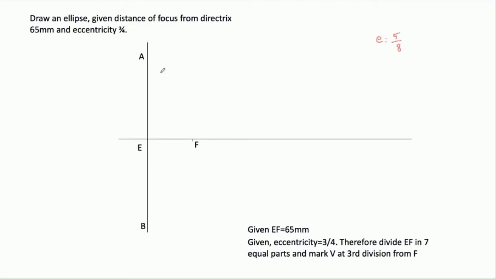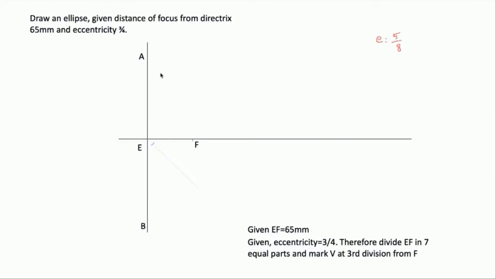So as mentioned earlier, we are trying to draw one line which is of an arbitrary angle. It is not necessary that it should be of a certain angle. It can be of any angle. Next step, we are trying to take some arbitrary length. My suggestion will be, if you are going to have 7 divisions, each division should be of 10 mm.